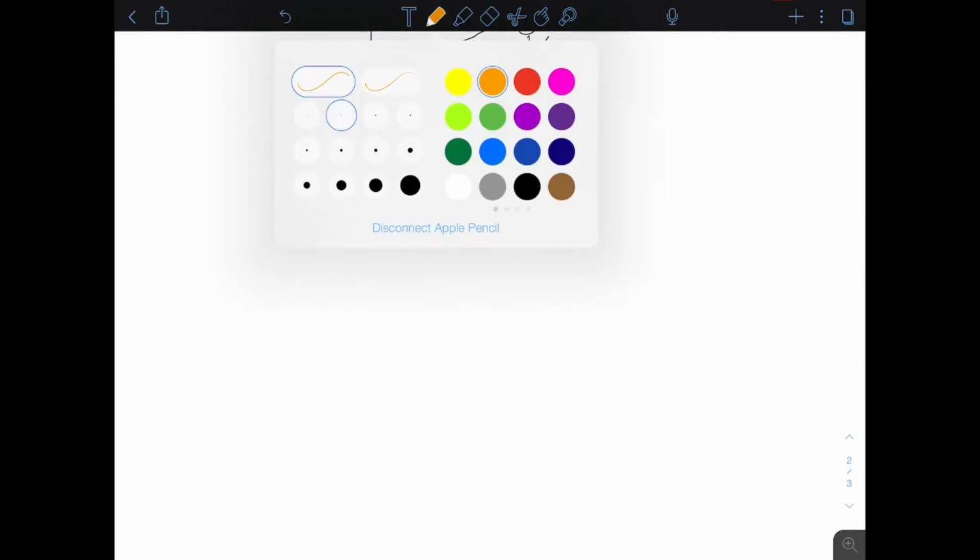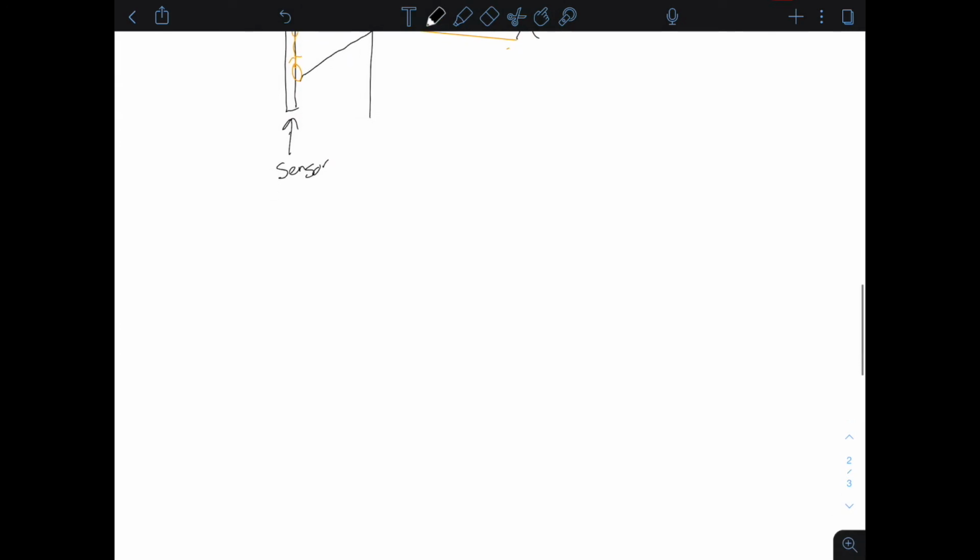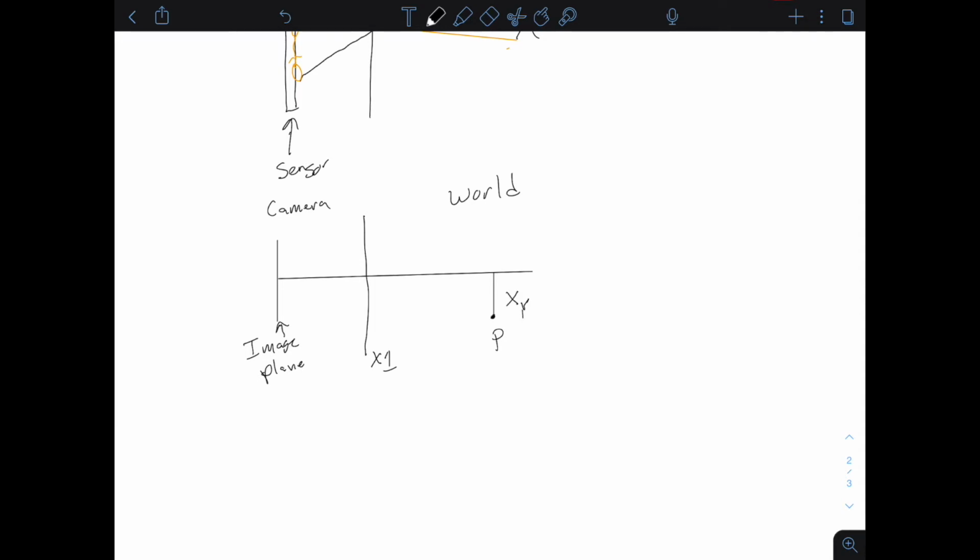So we can expand on this a little bit and draw this pinhole diagram again. Instead of drawing the hole, I'm going to label this axis. Let's call this X1, and we will draw another axis here. So this is going to be in the world, and this is our camera. We are going to have our image plane here. If we have some object in the world, let's say it's right here, an object at point P, we can now start measuring things in the world. Let's say this is called XY, and if we figure out how this intersects our pinhole plane,